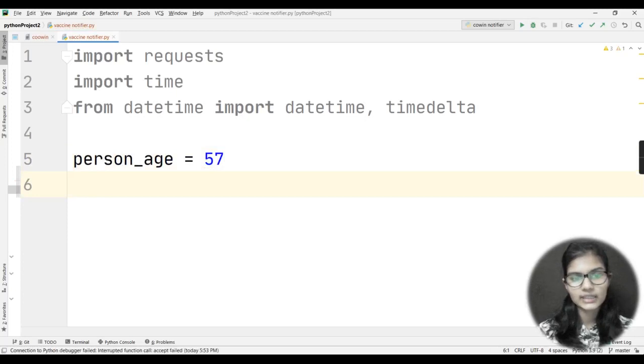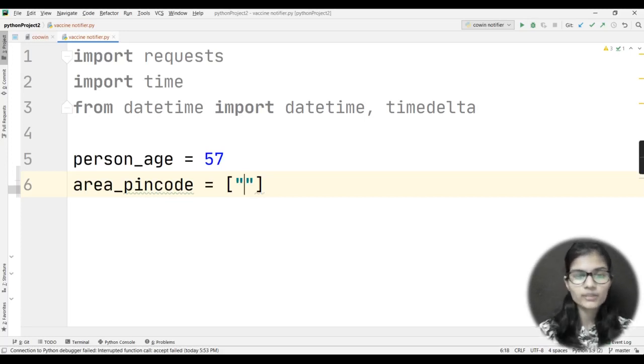Now basically what I'll be doing is taking a variable that would hold the pin code. So I will be writing area_pin_code. Now I would be storing that pin code in this list. Why am I storing it in a list? Because here you can check several pin codes at a time. All you need to do is put quotation marks inside the brackets and write the pin code inside the quotes. After that put a comma, again put quotes and write the pin code, again put a comma, and this procedure will be followed as well.